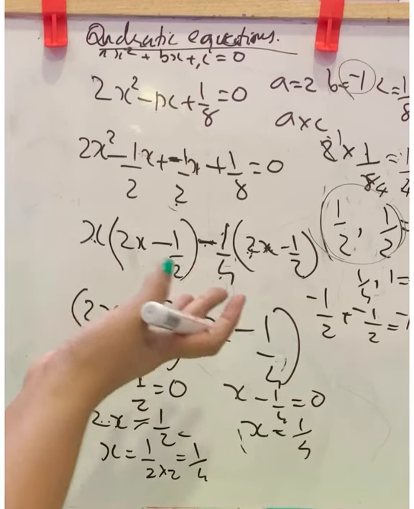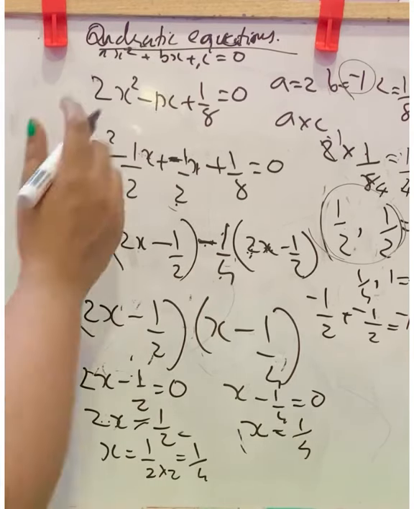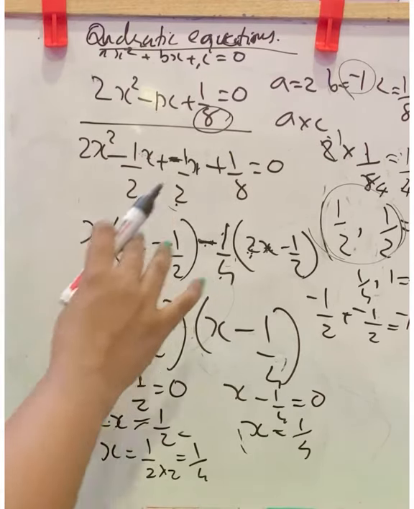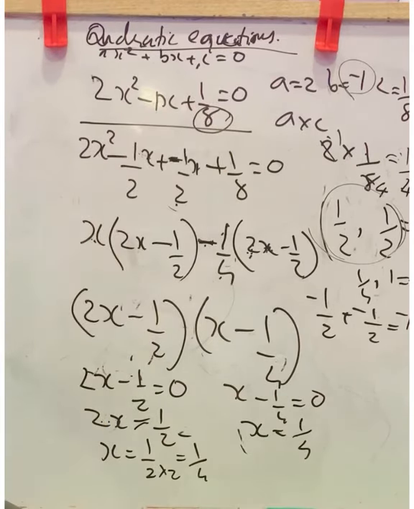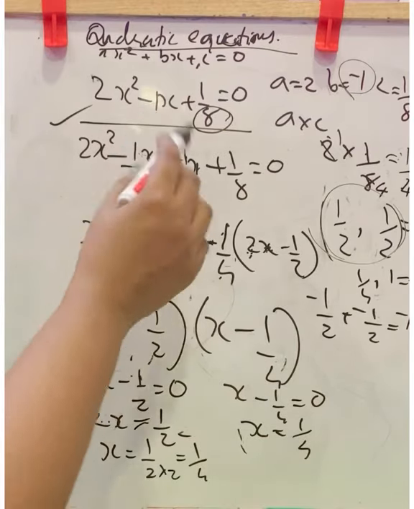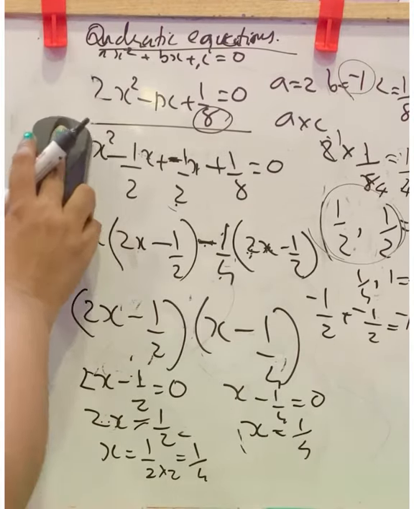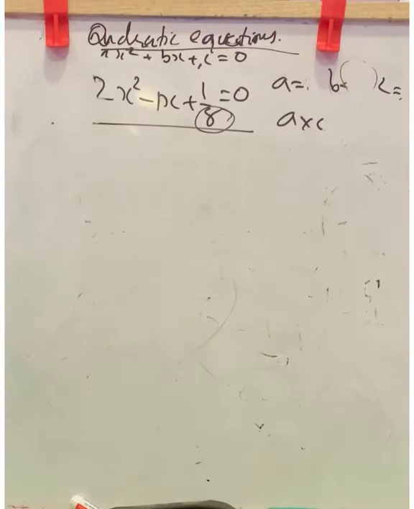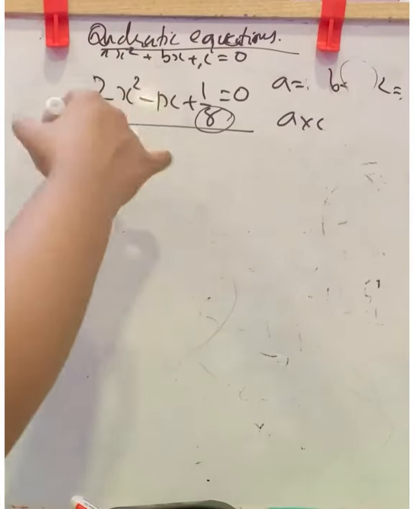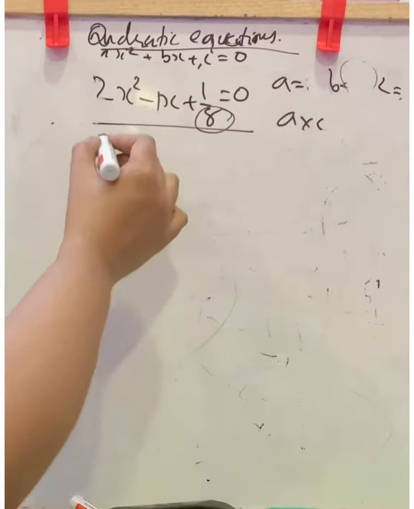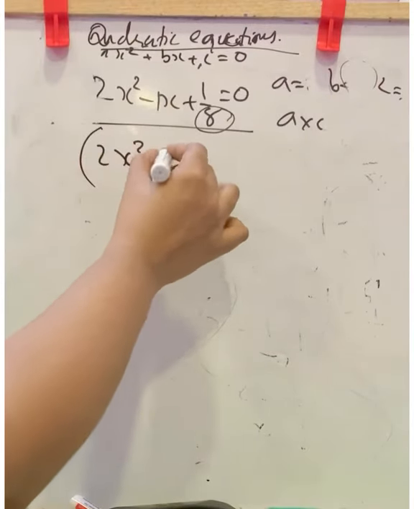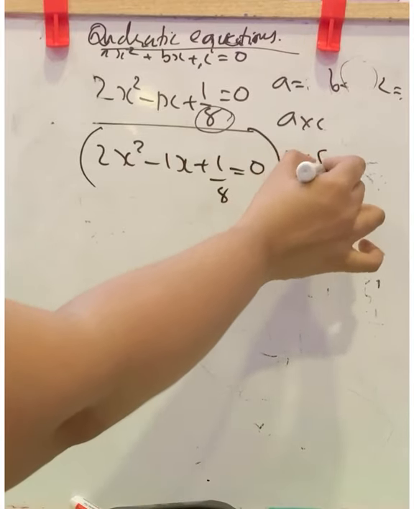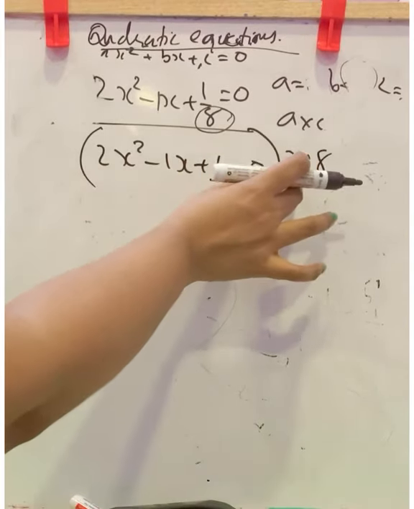We have another method. We can cancel this 8 from this step itself. Here it is in the denominator. We need it in linear form. We don't want fractions. This is also a correct method. I will show another one without fractions. To cancel this fraction, I am going to multiply the whole equation by 8. Then 2x square minus 1x plus 1 by 8 equal to 0, whole into 8. If you are multiplying on LHS, you have to multiply on the RHS also.